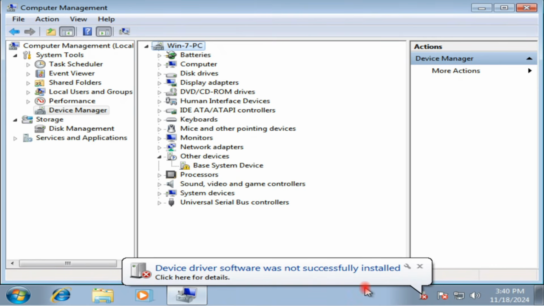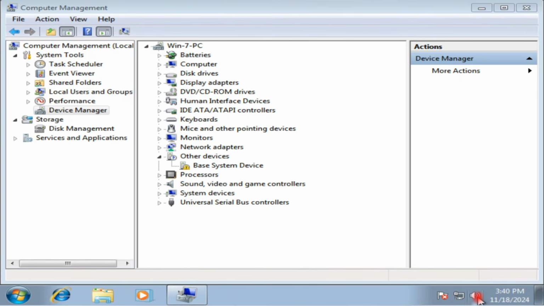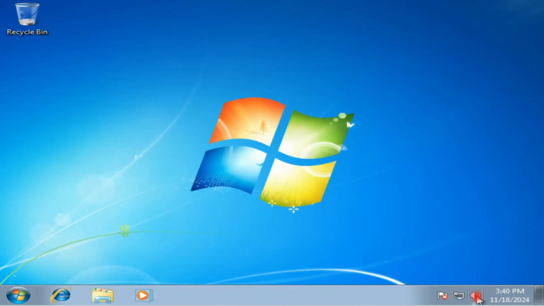Your audio driver will be installed here. Now check your system volume. Now close this window and check whether your problem is fixed or not.